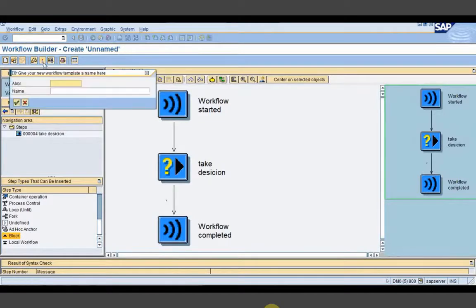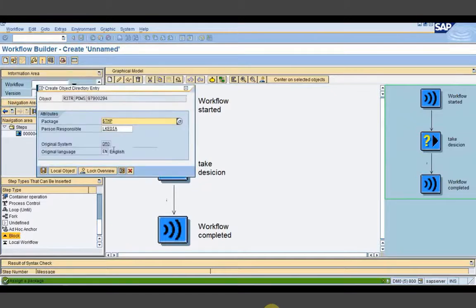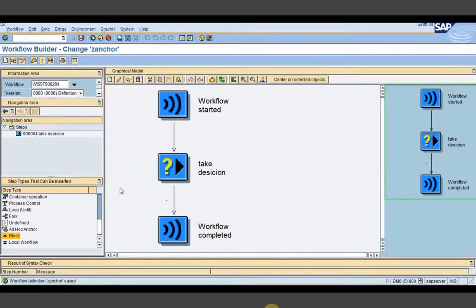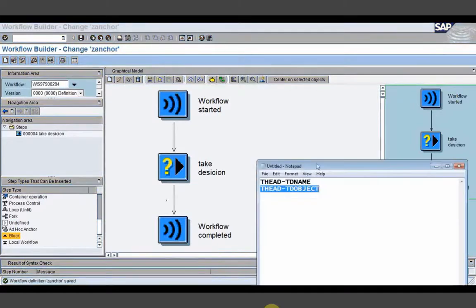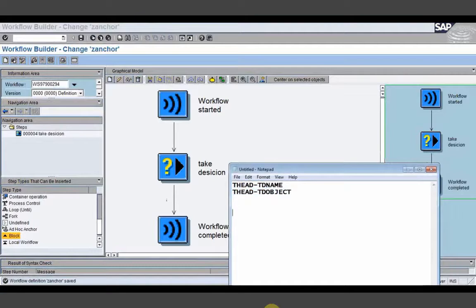I will save it. Now I will create two more workflows so that I can bind those two workflows with this anchor step. I'm just noting down these workflow numbers. This is workflow 1, this is 9.4. This is W1.